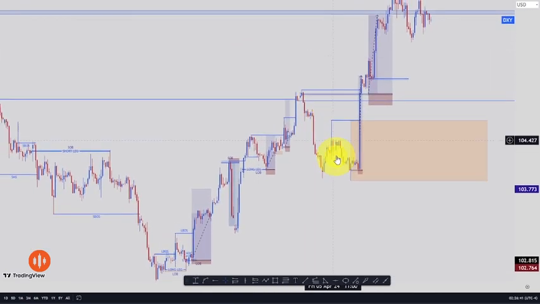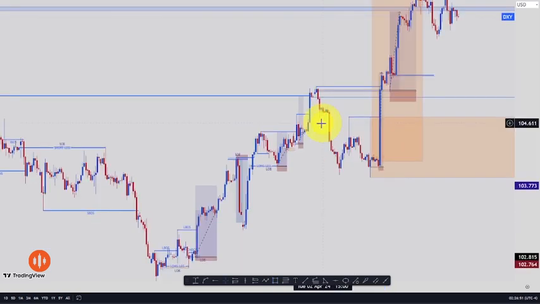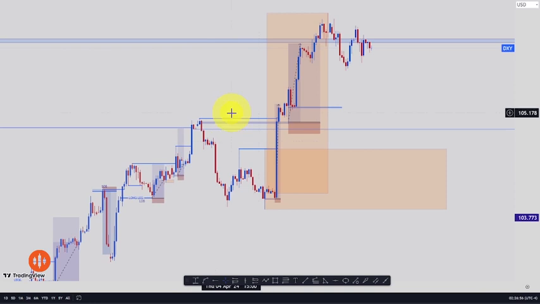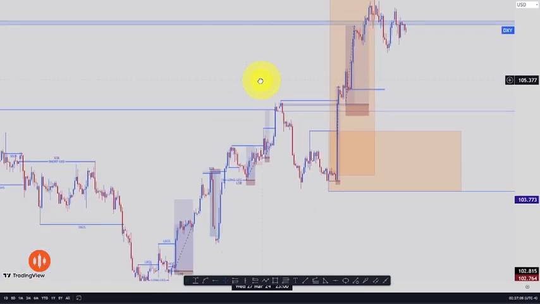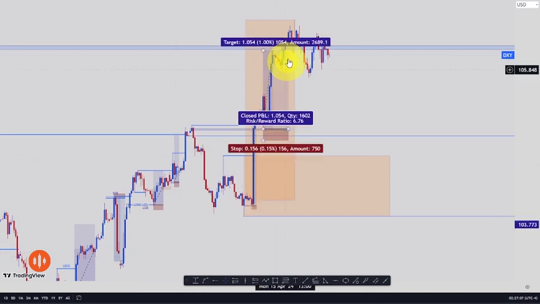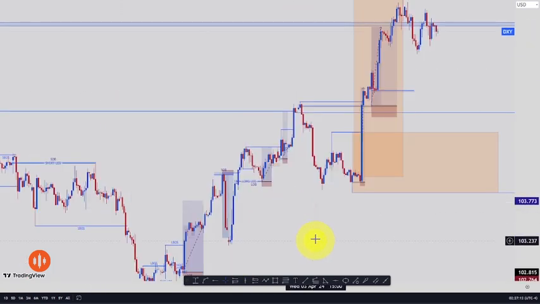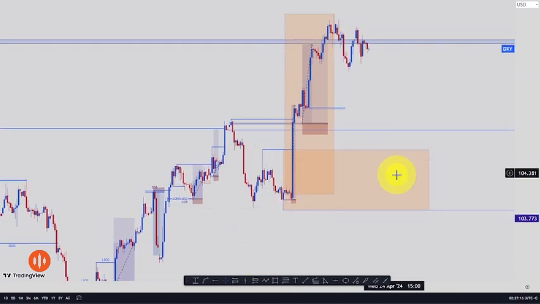So now we are going to focus on this movement from here up to this point here. That is the current range of DXY. So we have this break of market structure, and this is the previous low, and this is the high. So this price will trade inside this high and this low. So whenever the price prints any structure inside this low and this high,